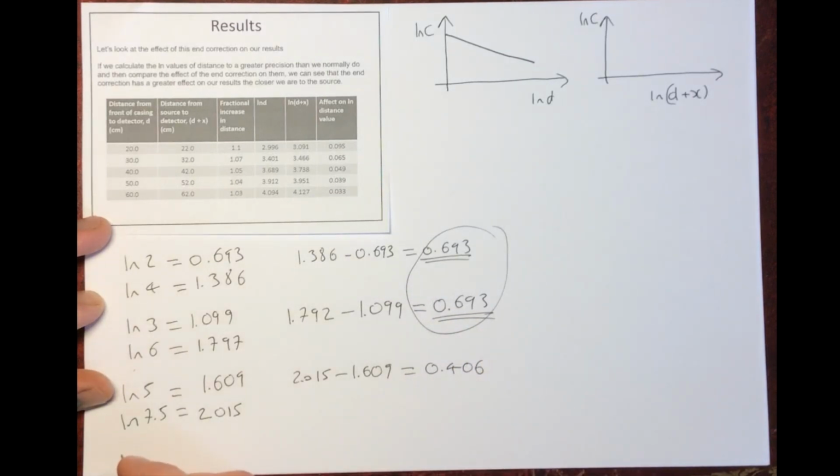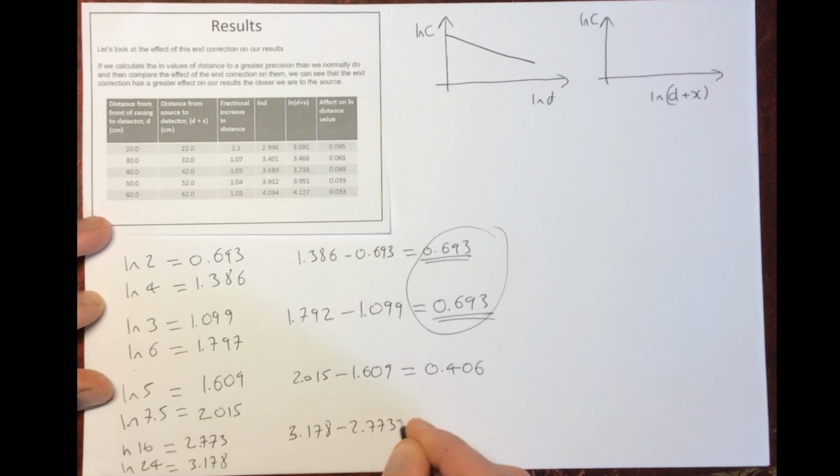Now if you take another two values, let's say ln16 and ln24, ln16 will be 2.773 and ln24 will be 3.178, and if you take those values away from each other, you're going to get